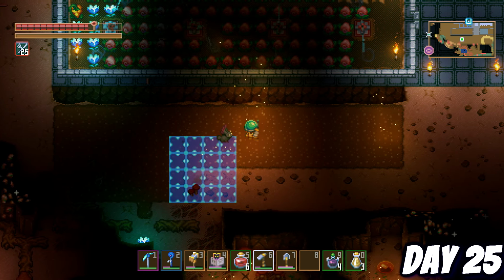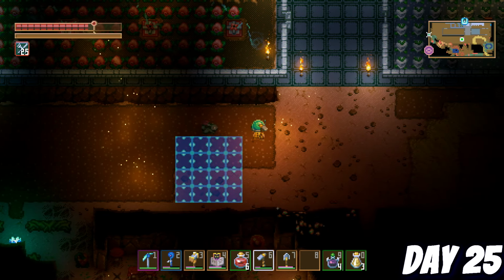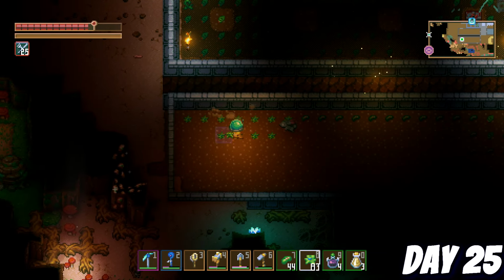Day 25 was a gardening day, taking care to plant any of the new crops that I might have got and also stocking up on my rock carrots. It's super important you don't neglect gardening. Even if you feel like you've got a ton of meals, always make sure you go and keep planting